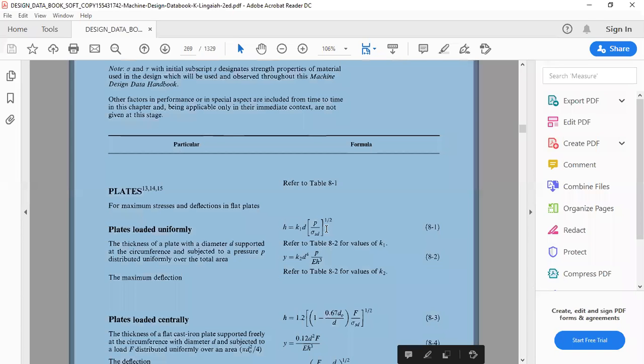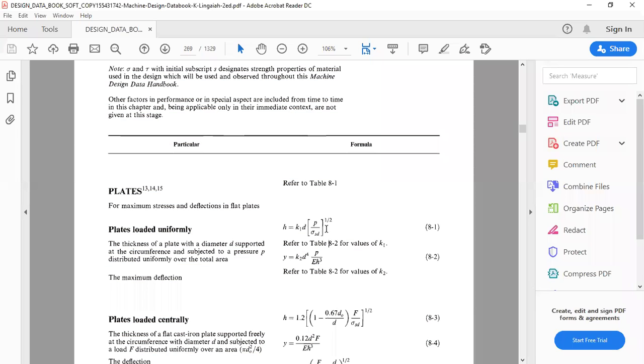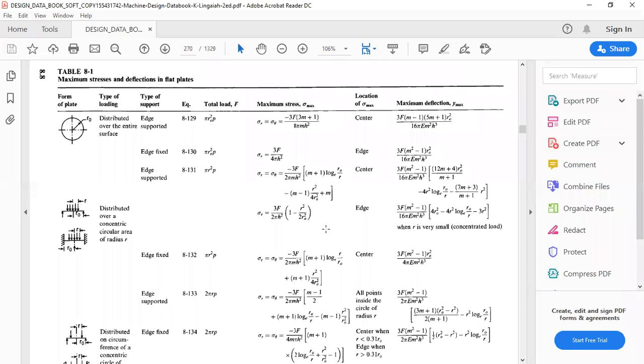So based on this equation, to find K1, we go down to table number 8.2.